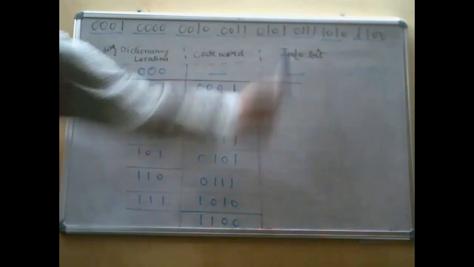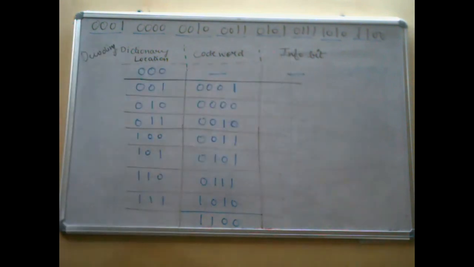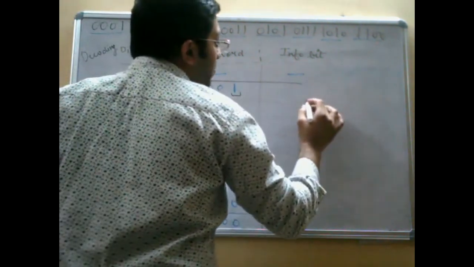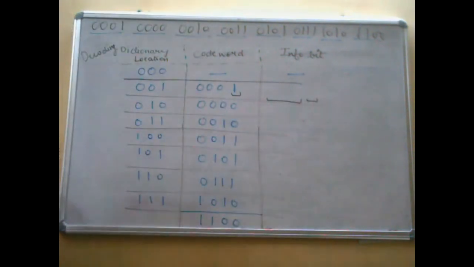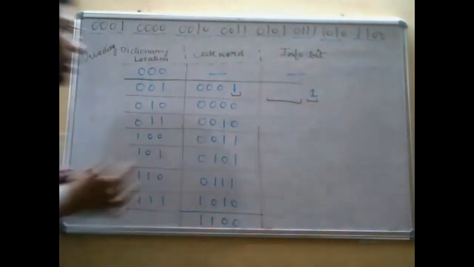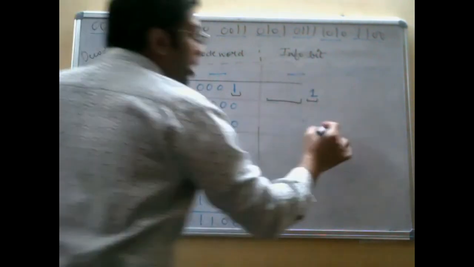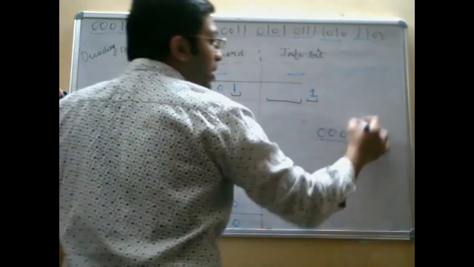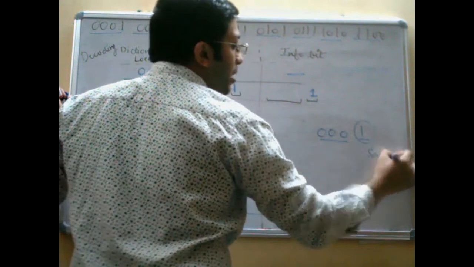Then comes the information bit extraction. That is really the decoding part. Okay. So how will it be done? Just pay attention over here, then you can complete. See over here. The last bit is going to remain the same. That is going to be 1. Now here, the number is 0001. So this will remain as such.